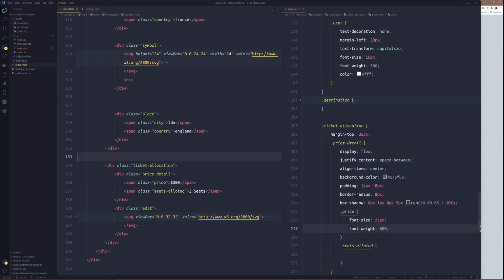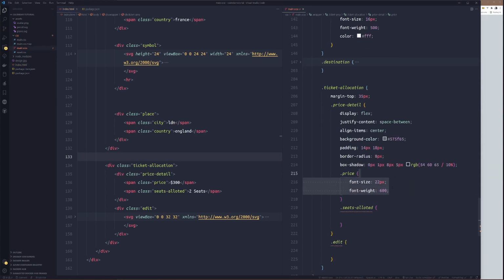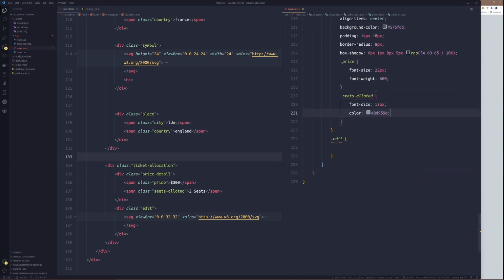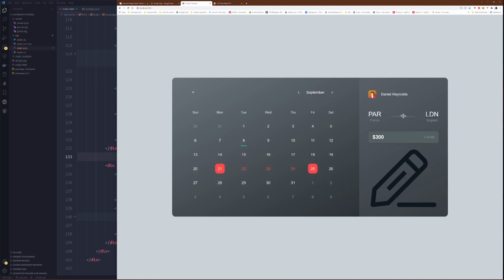Then seats allotted, exactly the same thing: 13 pixel, and color will be ash 8D.